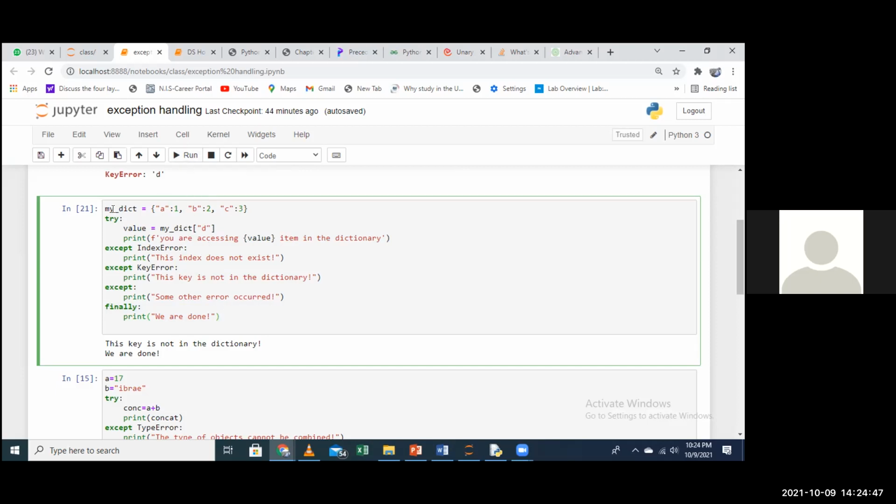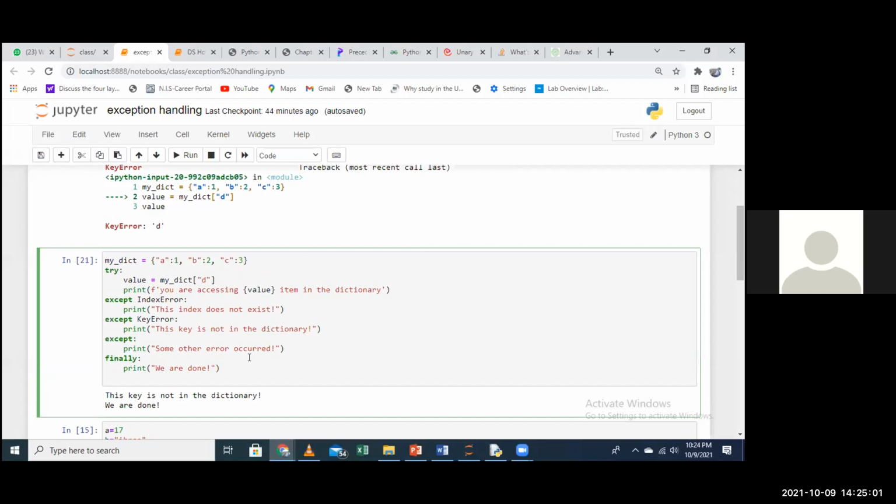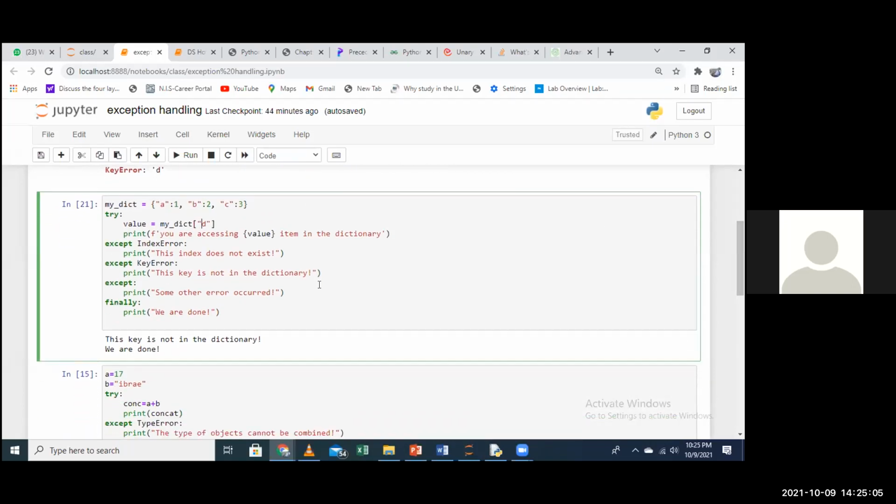So when we run this line of code, the output is: the key is not in the dictionary. You see, here we are trying to access the element D. The same applies to what we did earlier on. In this case, we had an error, but here we do not have an error. Instead, the exception handler is able to give us this output.